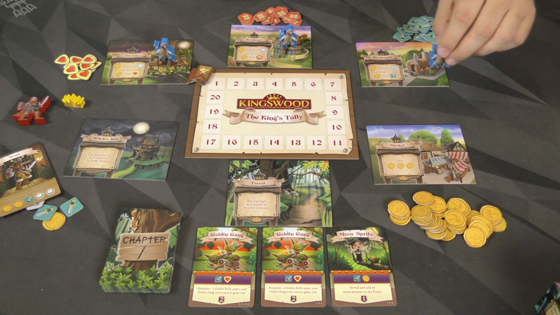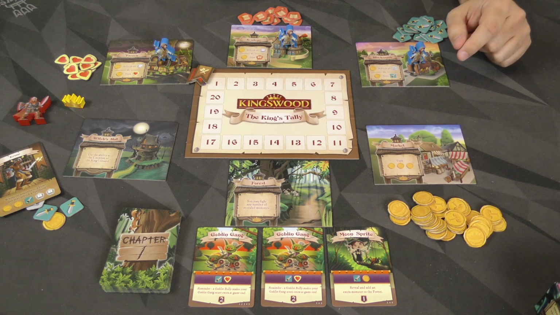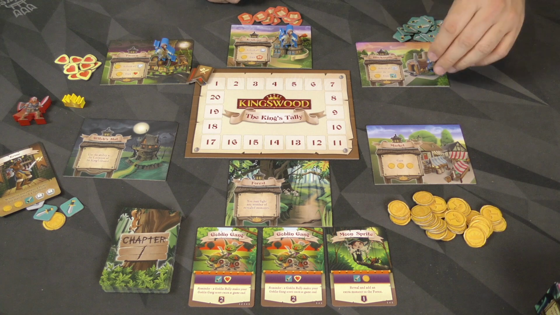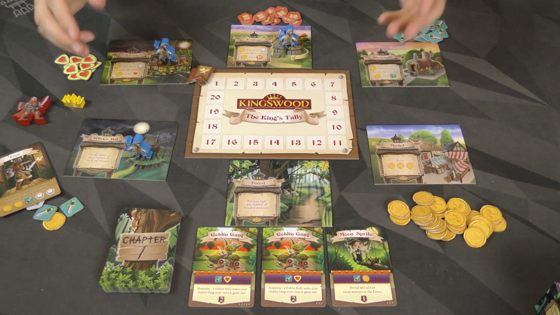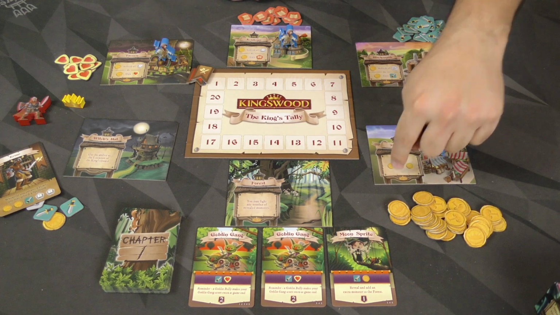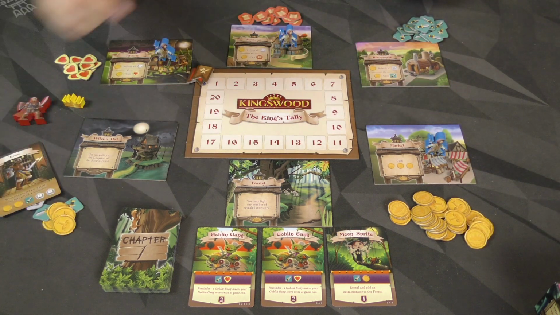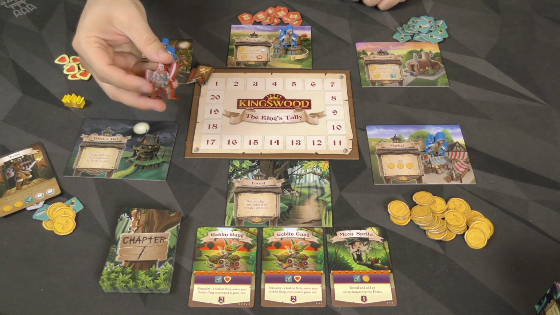I can go again in either direction. If I want to skip over any spaces, that's going to cost me a coin, and I cannot stop where there is another figure. So if I decided to go this way, I would have to pay 1, 2 coins to skip these 2. Can't do that. Wasn't planning on it, so I'm going to go that way instead without skipping any. I'm just going to go there. The ability here is take 3 coins. 1, 2, 3. And then, to finish my turn, I am going to put the King's Guard in the location